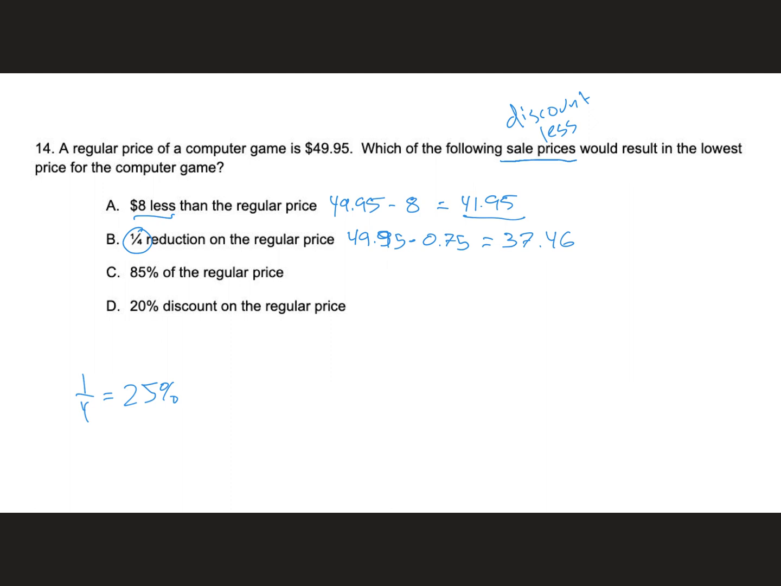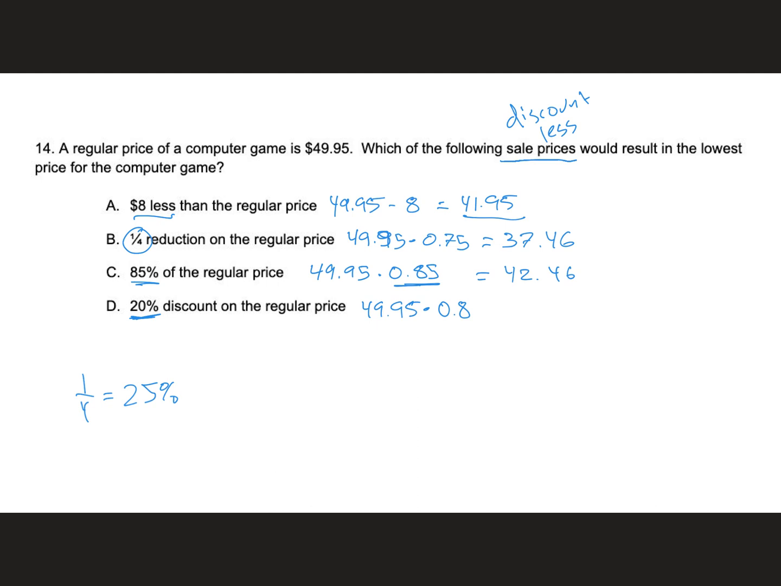85% of the regular price. This one I know is not going to be the cheapest because I'm going to multiply by 0.85 in this case. 85% of the regular price. So 49.95 times 0.85 equals $42.46. And 20% off the regular price would be the original cost times 0.8 in this case, because 100% minus